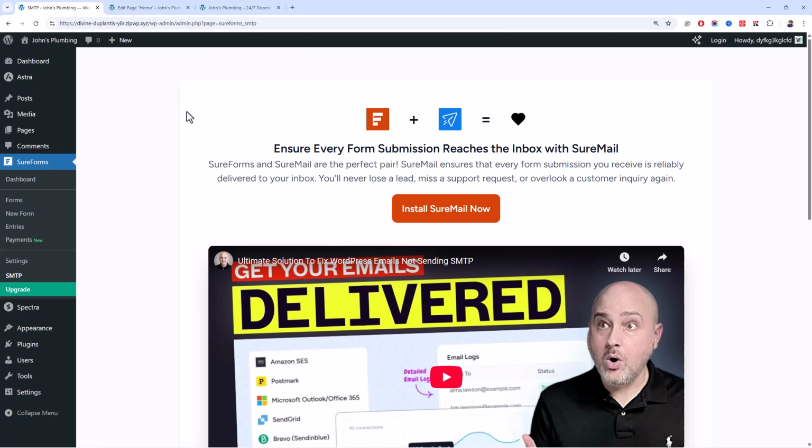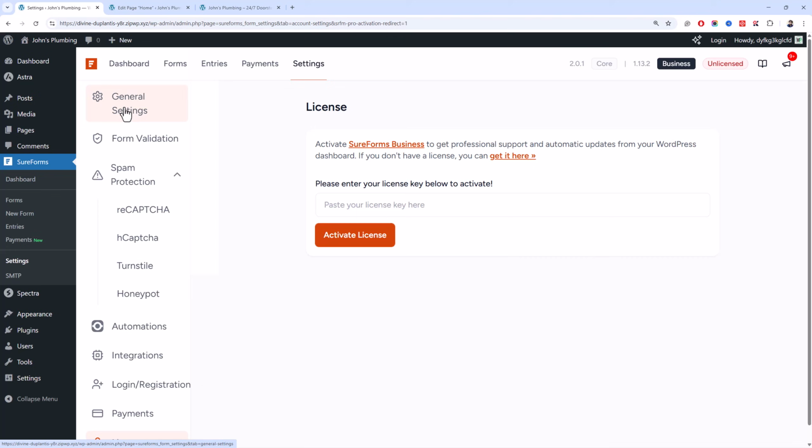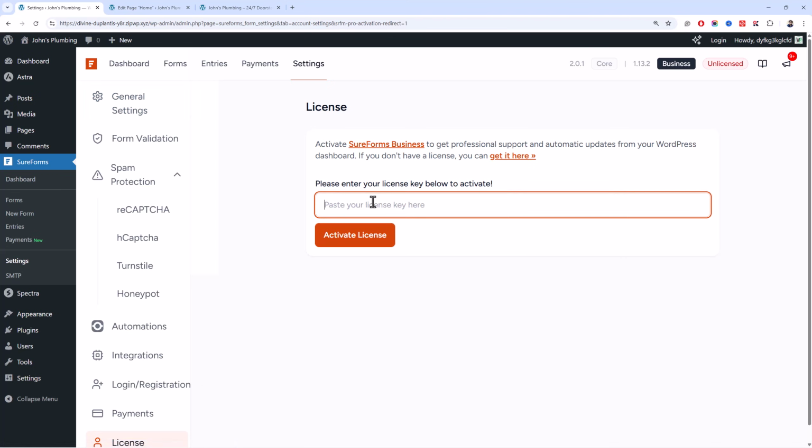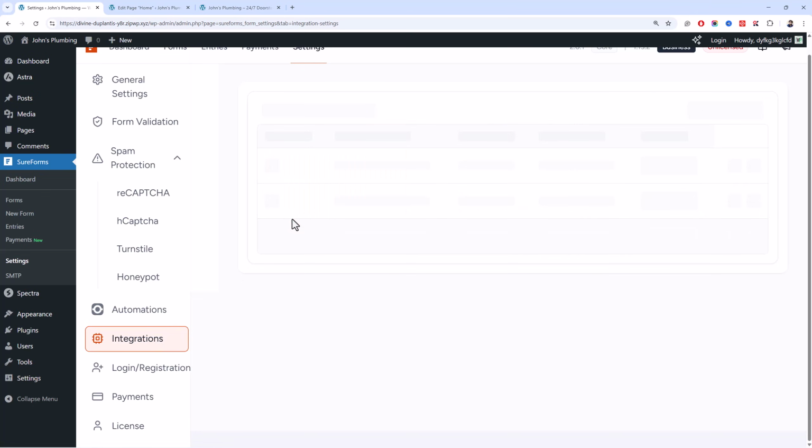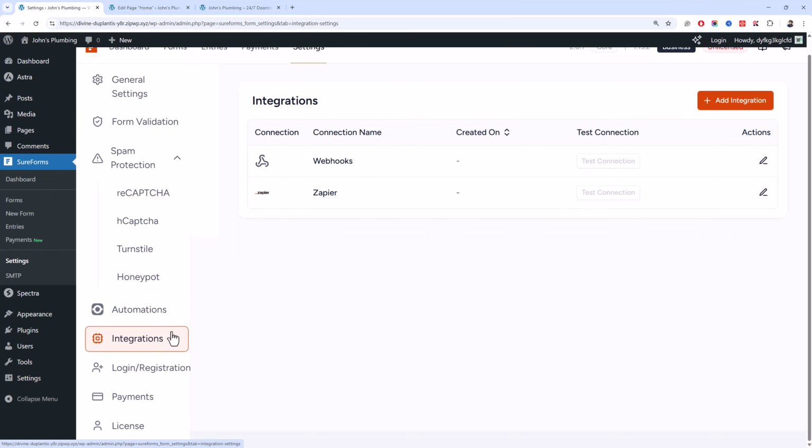And before ending, let me quickly install Showforms Pro plugin and give you an overview of the Pro features that will be unlocked after installing the Showform Premium plugin. Okay, after installing the premium plugin, you will add in your license key over here to get support and automated updates of the Showform Pro plugin. And now you will see all of the other options are unlocked, like integrations, so you can add in some amazing integrations from here.